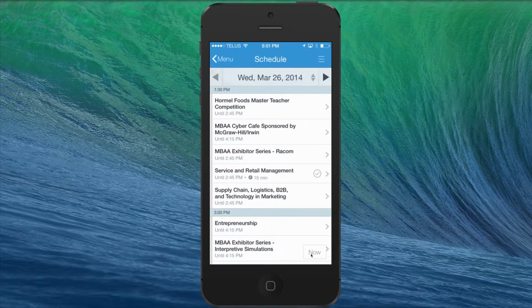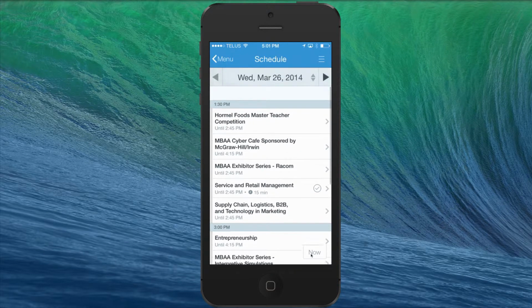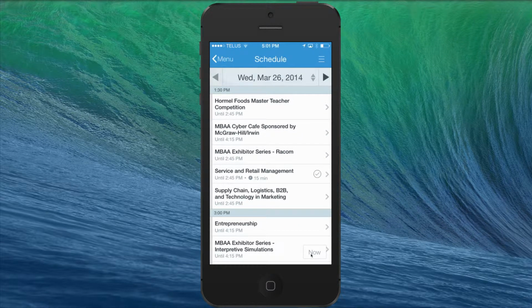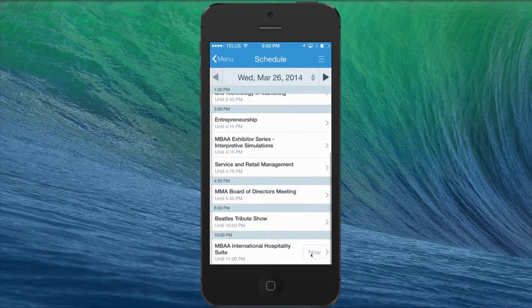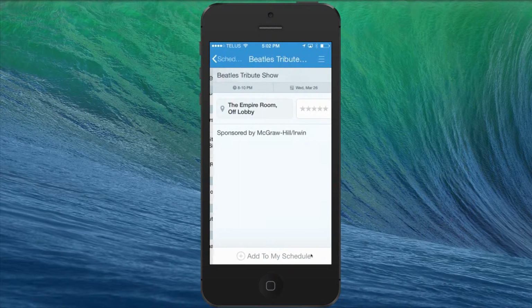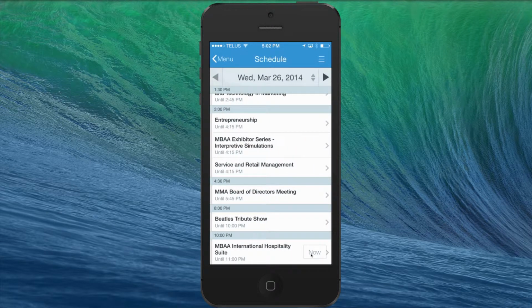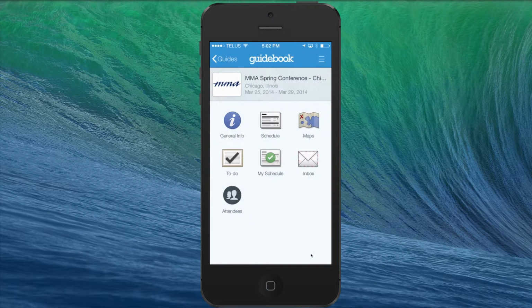So right now, as I'm going through, we see here on my screen, this has now changed. It's put a little check mark next to the session that I've chosen to attend, and it tells me that I've got an announcement that it's going to be happening in 15 minutes. So this is how you can keep a really good idea, and you'll notice we do have the entertainment features in there as well. As we click on that, it tells us where the location is and who's sponsoring. So the advantage of this is this app should be the only thing that you need to keep track of